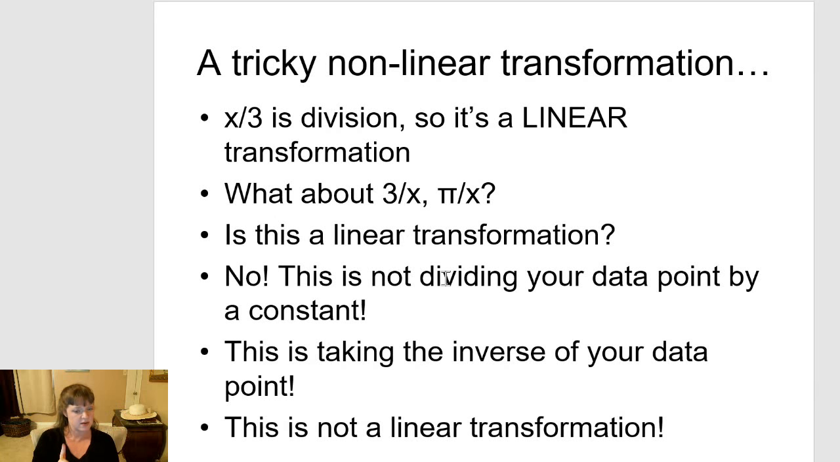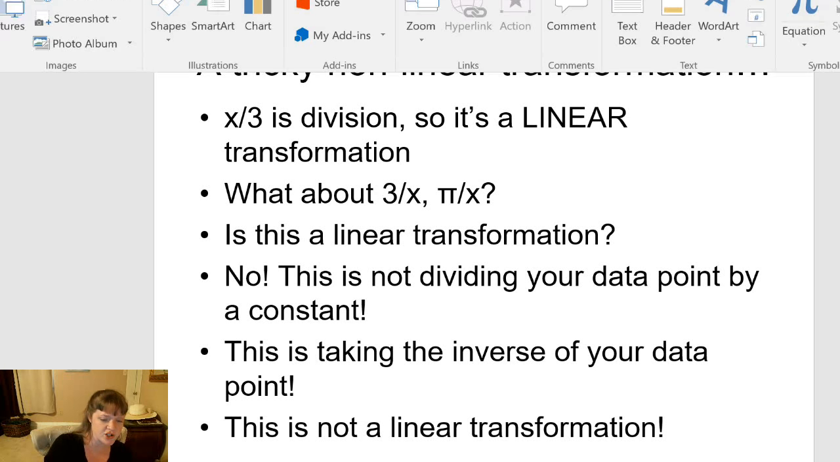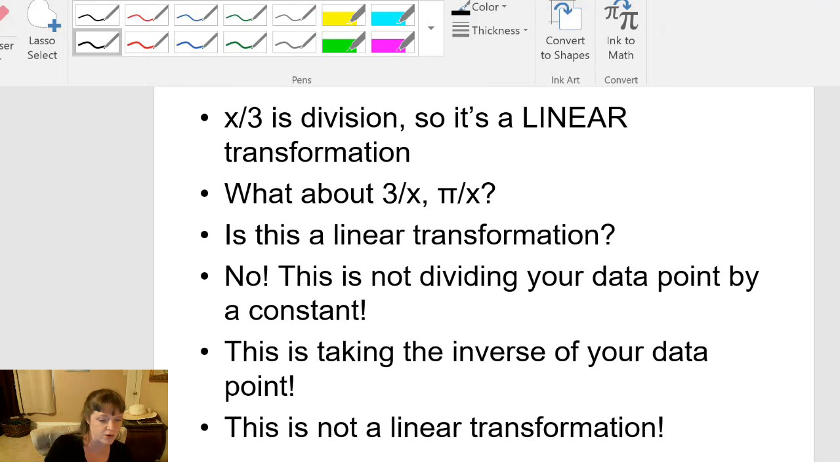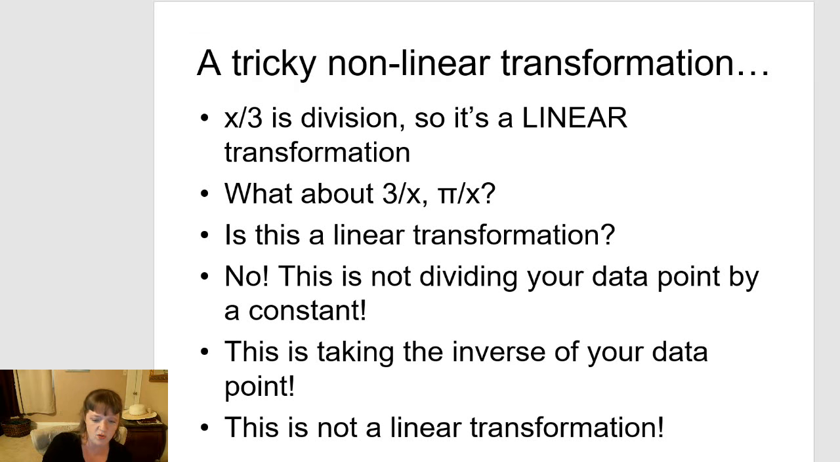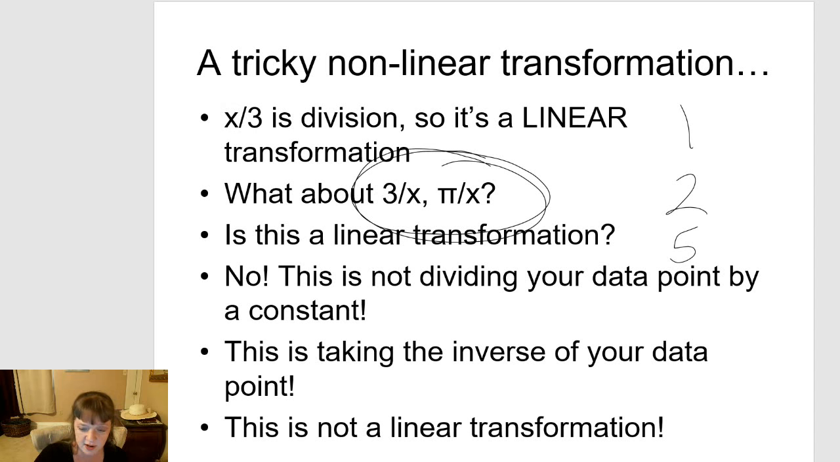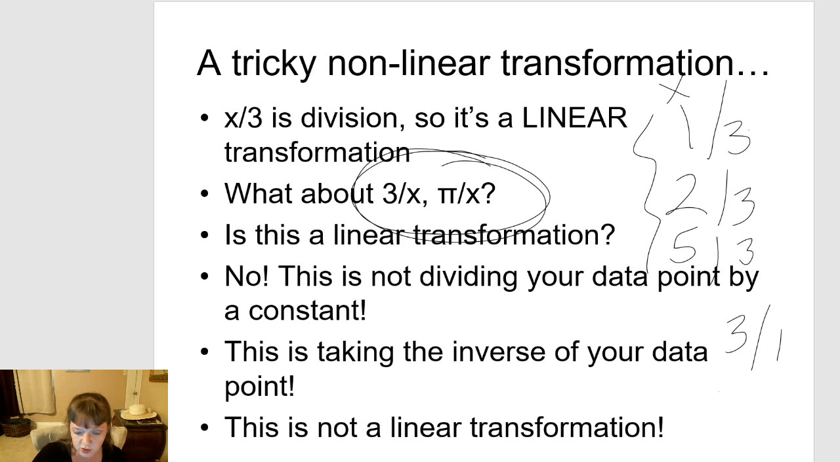So keep in mind that the inverse operation is a nonlinear transformation, and don't get confused, right? 3 over x and pi over x is a nonlinear transformation, even if x over 3 is linear. Because imagine the data set 1, 2, and 5. Taking everyone's x score, because these are the x scores, and dividing everyone's score by the same number is completely linear. But then if you go 3 over 1, 3 over 2, and then 3 over 5,